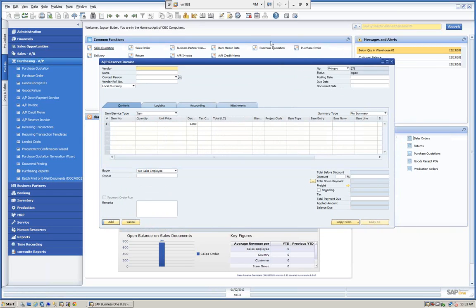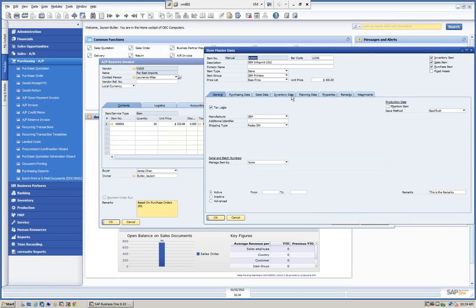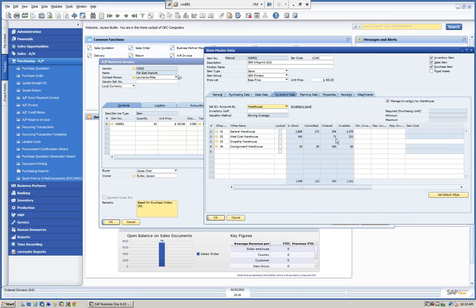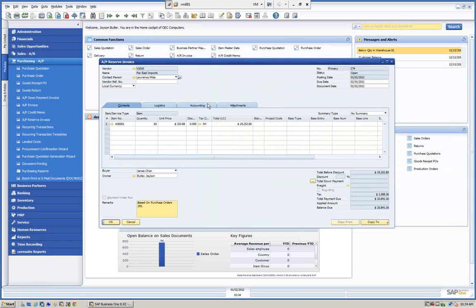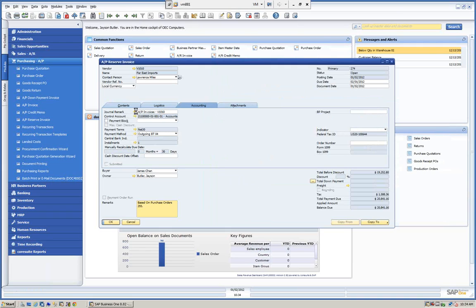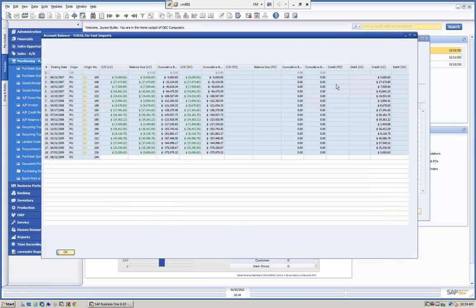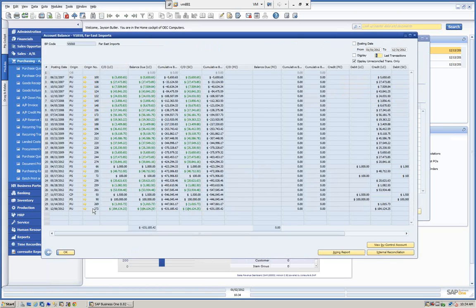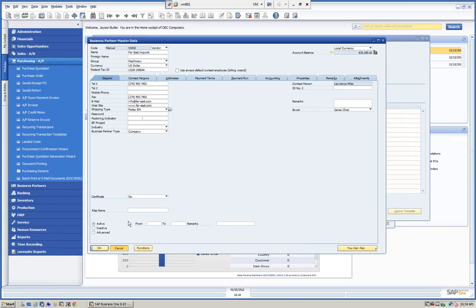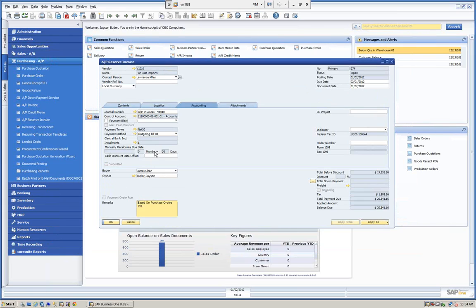So if we look here at our reserve invoice, again, we can see our quantity. We haven't affected our quantity on hand. It's still in the order information here. And you can see the effect in general ledger. Now we've done our AP side. So we've affected the vendor. It's going to be in the vendor's aging. If we look here at the vendor's account balance, we will see it in here. But we haven't affected